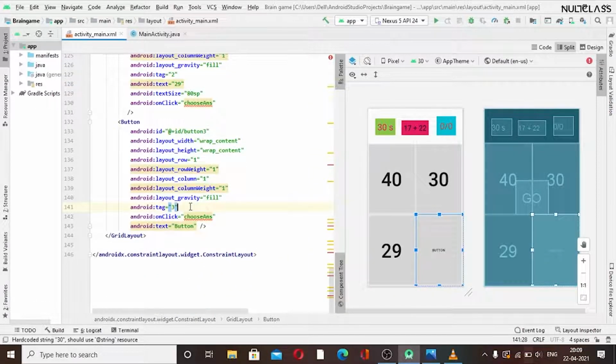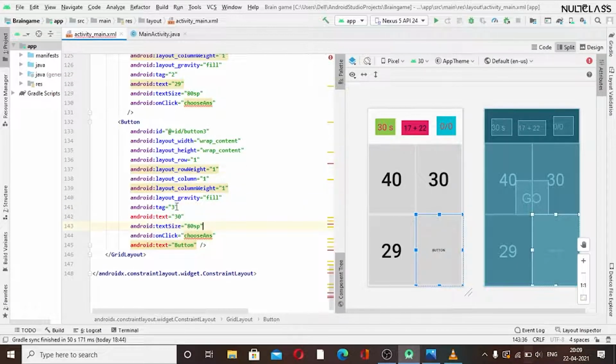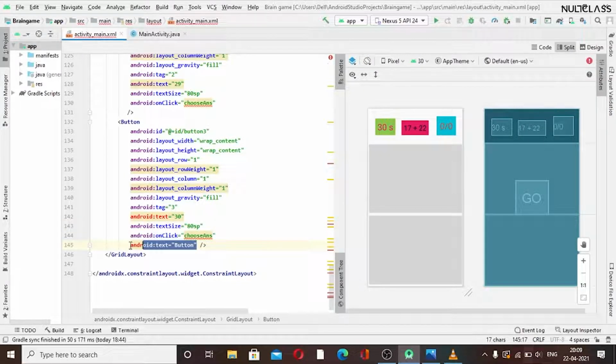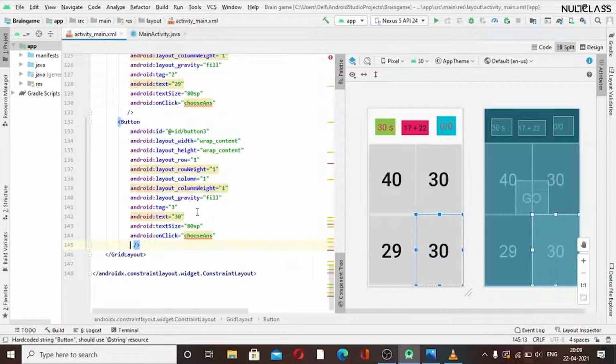So this time we will be putting the correct answer, as one of them needs to be correct. Remove this button tag. Okay, so I'll just write 39 here, as 17 plus 22 equals 39. And I think this looks good.